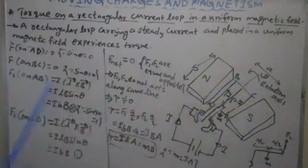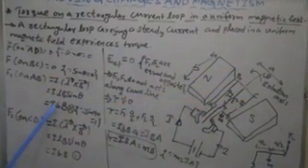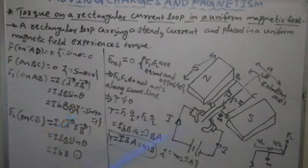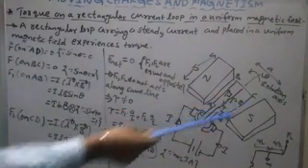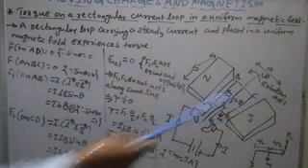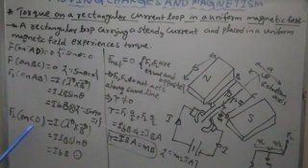Then the force on AB is I into L bar cross B bar. From this, IBB, the force is directed into the plane. Then the force on CD: here also the length and the magnetic field are perpendicular to each other. The force on CD is IBB, perpendicular and upward. So one force is downward, one is upward.